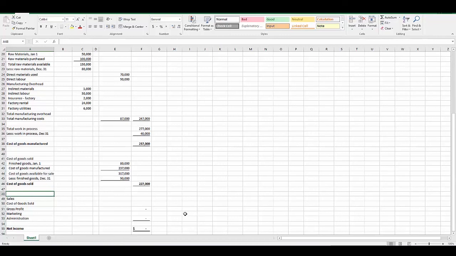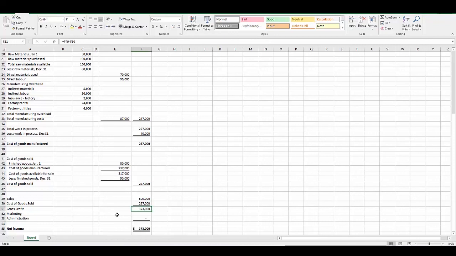So what we are going to do now is our income statement. We are given in the problem that the sales are $600,000. So we'll key that in. Then our cost of goods sold, which we've just calculated here, is $227,000. So that gives us a gross profit of